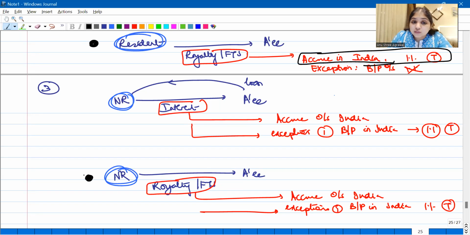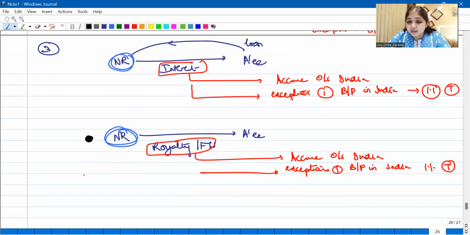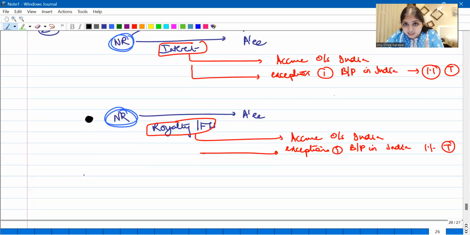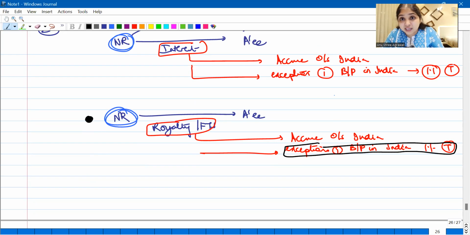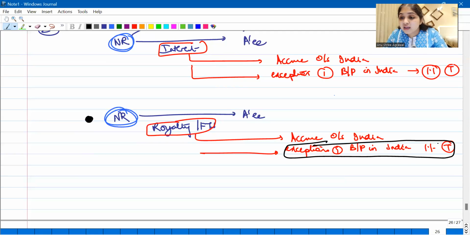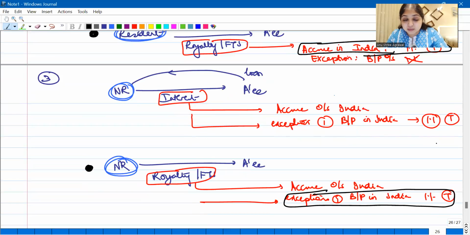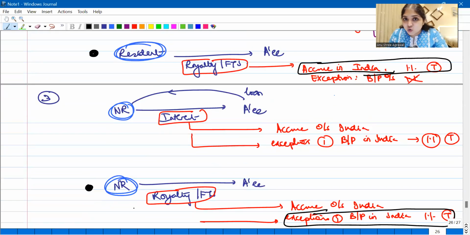Now, let us assume what if a non-resident is paying. If a non-resident is paying, the first answer will be accruing outside India. But how many exceptions, guys? One exception only. Tell me, in this question, is FTS relating to business or profession in India? Yes, we just now read, it is relating to the denim jeans plant in Surat in India. So the exception will apply. It is relating to business or profession in India. Therefore, it will be Indian income and therefore taxable. So whether a resident is giving or a non-resident is giving, my final answer is it is an Indian income and therefore it is going to be taxable.